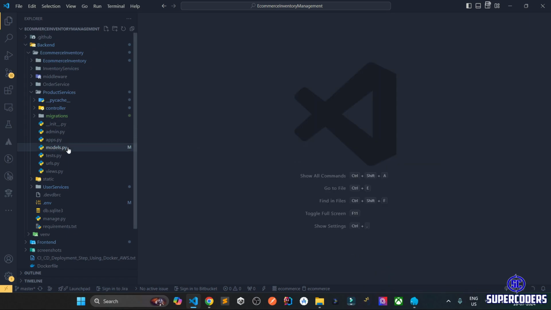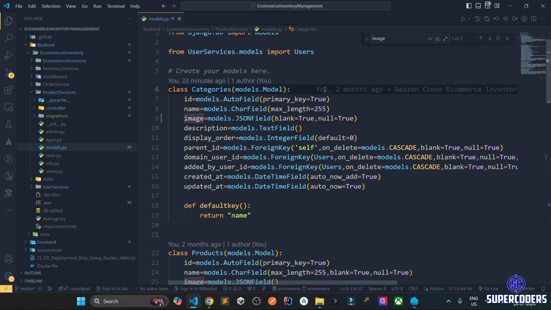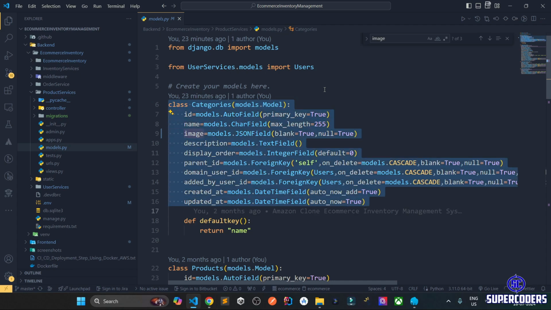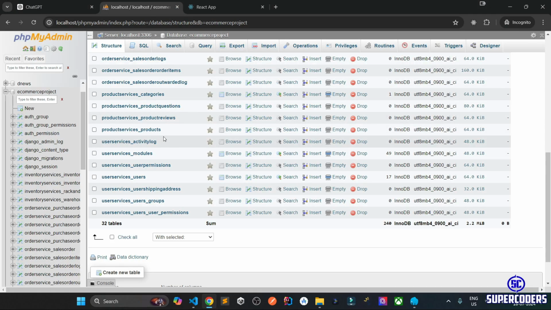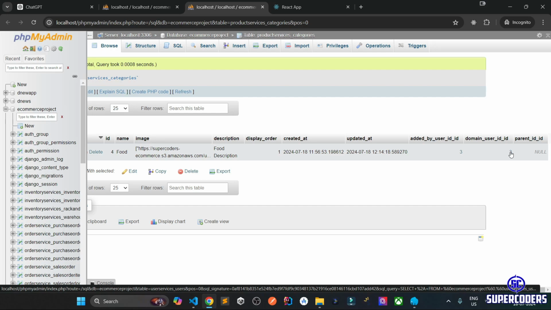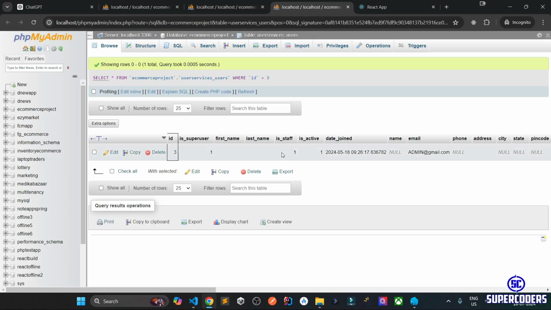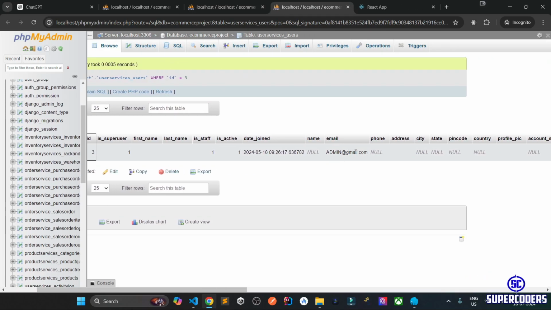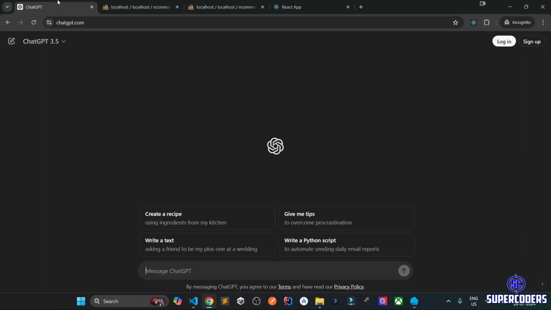Close this file also. Open this file. So here is the category model. I'm just gonna copy this. And if I see my user ID, currently I'm creating for my user ID. If I check the data, it has domain user ID 3. So I'm gonna create it for domain user ID 3 because 3 is my user ID. If I open it, I can see 3 is the default user ID which I just logged in with. So coming to ChatGPT,